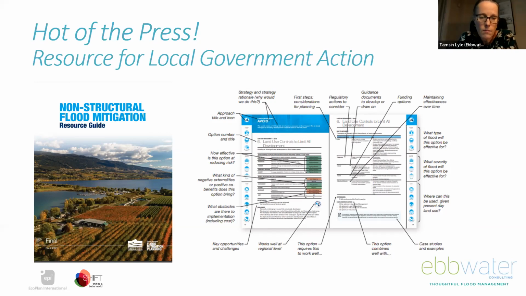It's a resource that provides quite a lot of detail in terms of what each option is, whether it'll work for pluvial or fluvial or coastal floods, and how effective it is for different depths of water. What kind of land uses is this effective for? And what are some of the benefits and some of the disbenefits of these types of approaches? Costs, for example, are included in here. This is really brand new. I think it was made public 3 weeks ago on the RDCO website, so you can find that